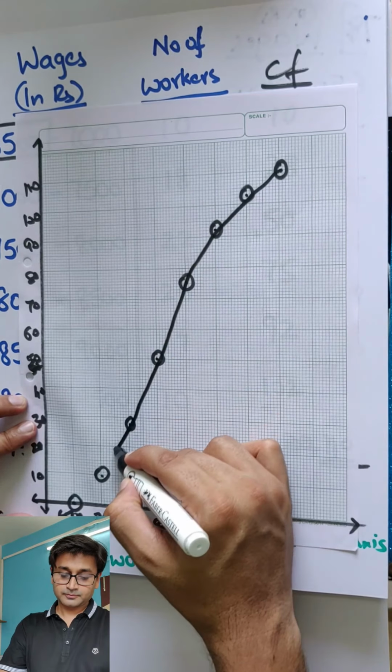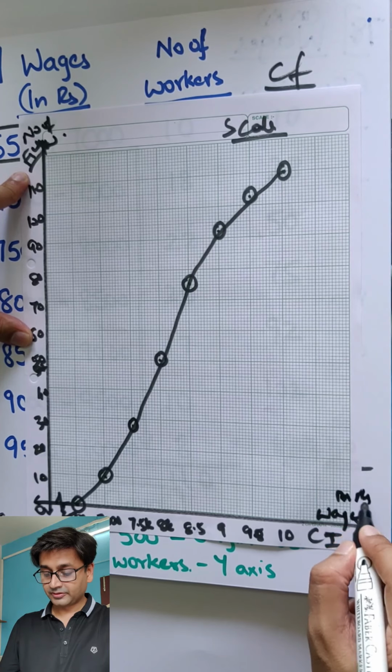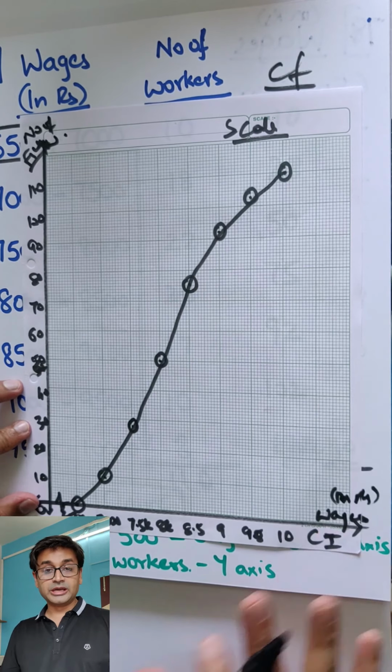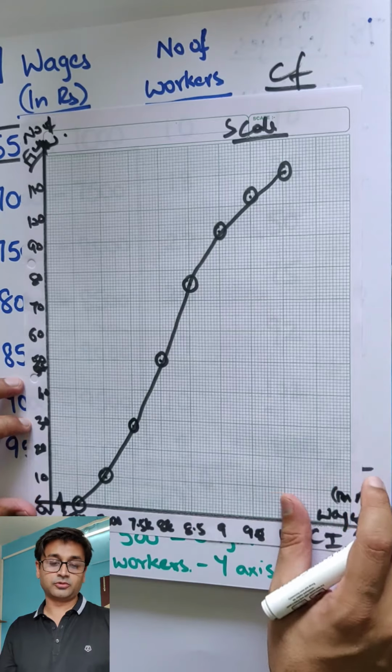Cumulative or class interval, frequency, 4 things. So 2 heads. Then the scale you will write and kink in the end, 0. This is class interval. In brackets you can write wages in rupees, and here you will write number of workers. So number of workers, and here wages in rupees. Is that clear, everyone? Are you able to now do it? Are you enjoying this? Great job.